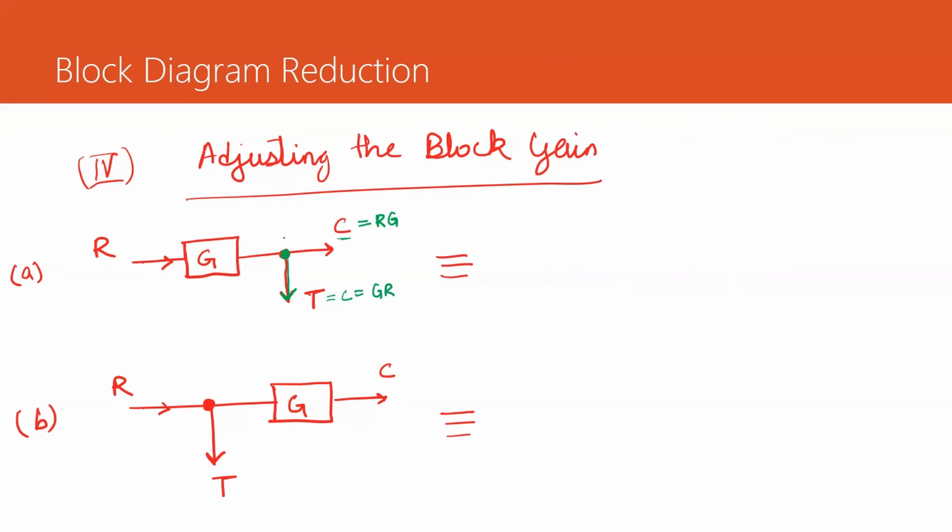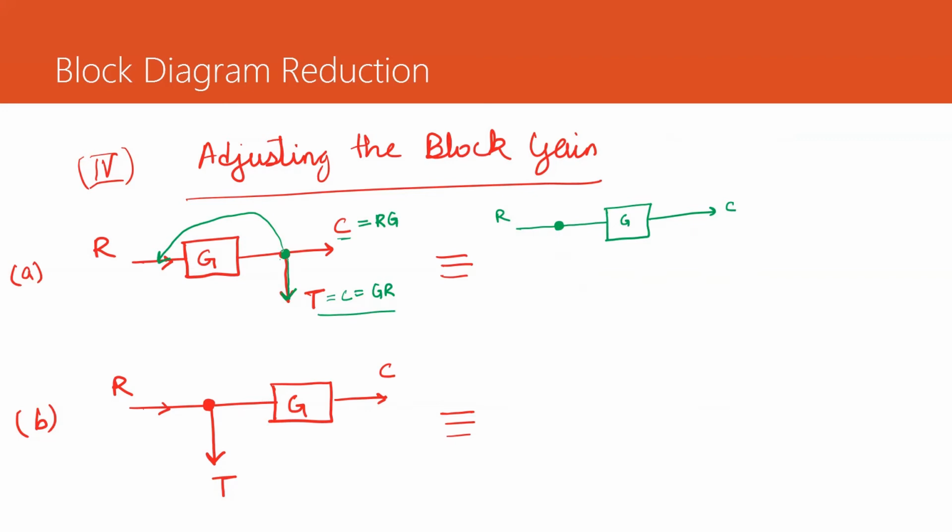Now if I move this particular T, or I can call it a takeaway point, if I want to move this thing to this location, suppose I want to move the point T over here. Then what I want is the output to be the same over here in T. From T also I want the same output.